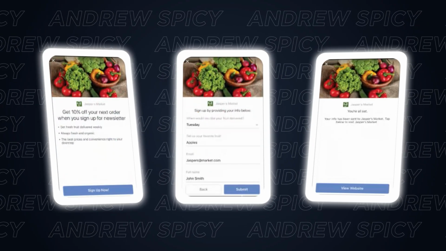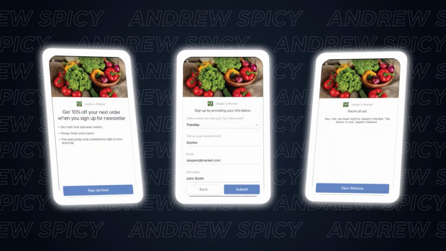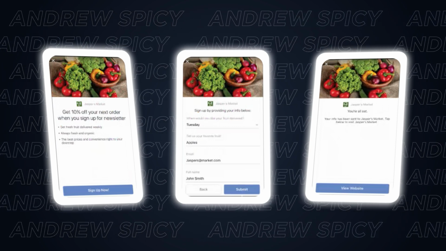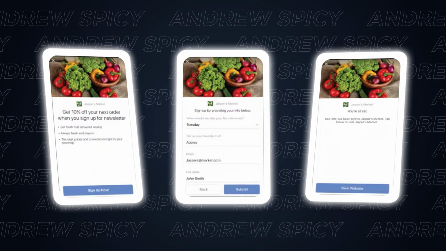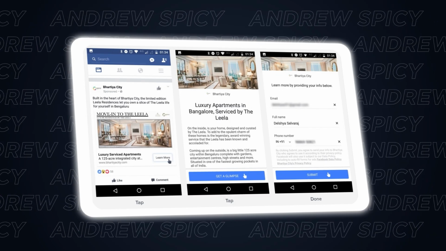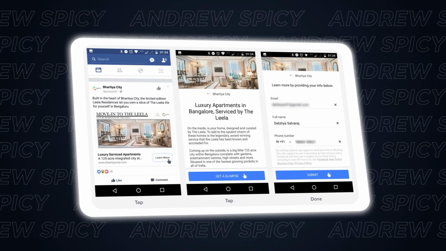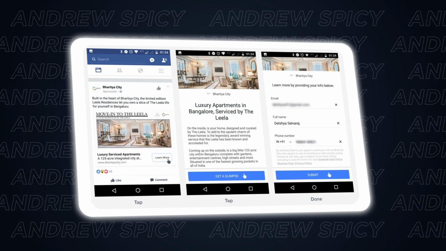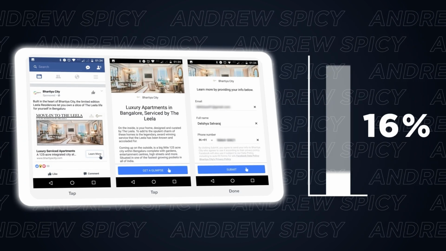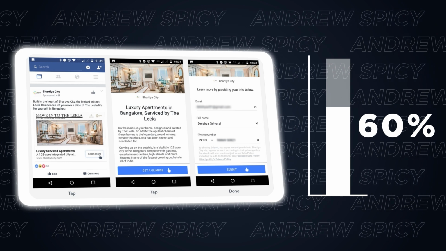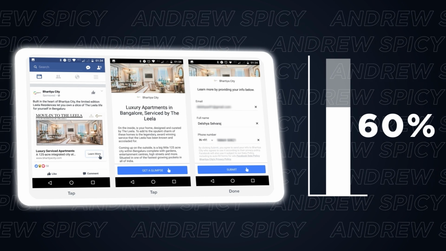This means you can show ads to your client on Facebook or Instagram and give them a call to action to leave their contact information, instead of just visiting a website. The pros of this format are high conversion rates. You get a lot of leads, and the cons are that the clients aren't always qualified. I would even say that only about 60% of all leads will be somewhat interested in your service.